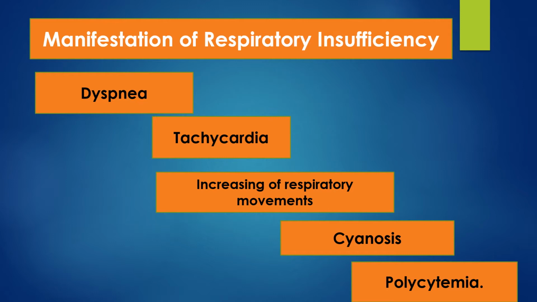The next is cyanosis. Cyanosis occurs due to the fact that as a result of weakening of blood flow in the tissue, oxygen consumption is accelerated, and the content of carbon dioxide and the reduced form of hemoglobin in the blood also increase. Polycythemia: hypoxemia that develops in respiratory failure leads, compensatorily, to the acceleration of hematopoiesis, erythropoiesis, and an increase in blood cells.